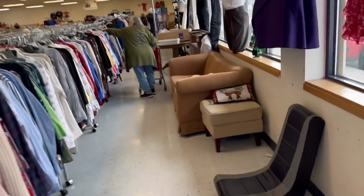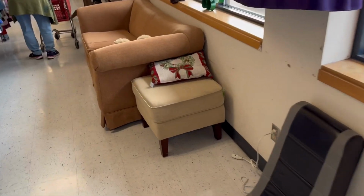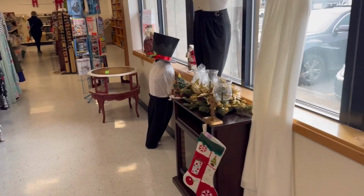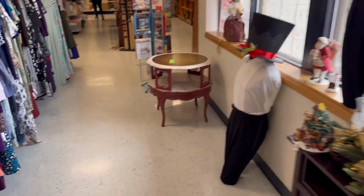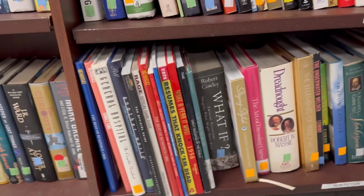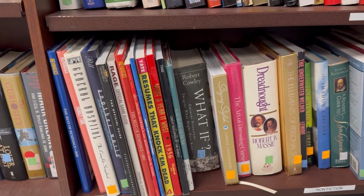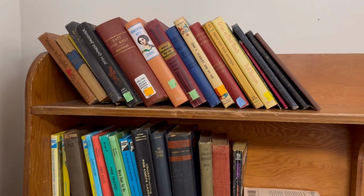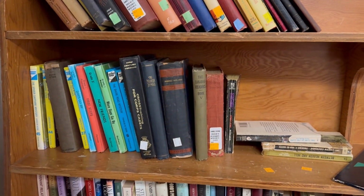So Salvation Army has really good prices, but their selection isn't always the best. But it's these kinds of thrift stores where you generally find the biggest gems, because not a lot of people come here for trendy thrifting, if you will. So you can find some gems, especially in the book section. If you're a book nerd, there's great books in places like this,